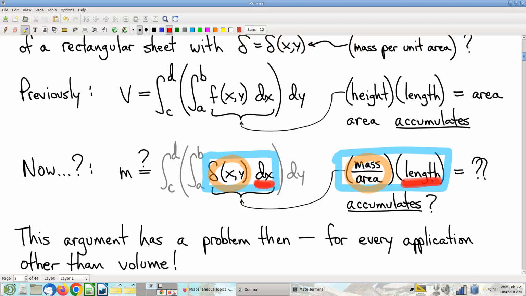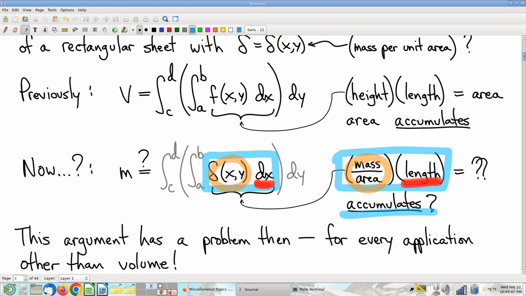In this application, mass is not distributed across widths. It's distributed across areas. So, think about population, distributed across area. That's where people live. We live on area, the surface of the earth. And I talked about population per unit area. What would population per unit width mean? This is weird. I don't know what that is. And even if I could make sense out of it, and even if I could establish that it behaves the way I need it to, that it accumulates,